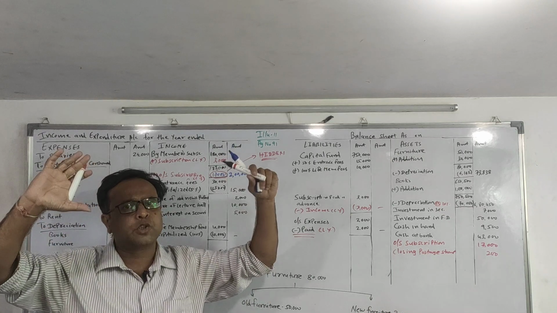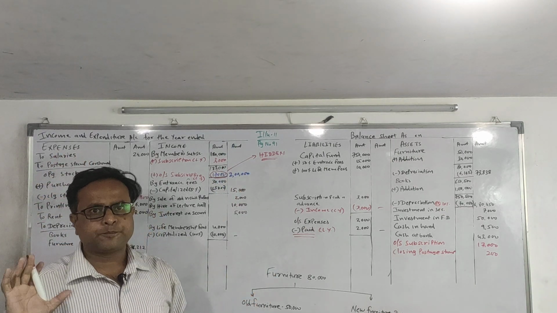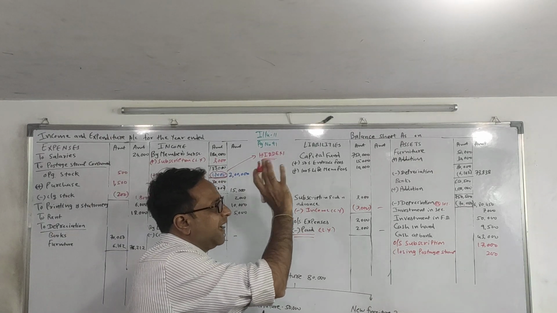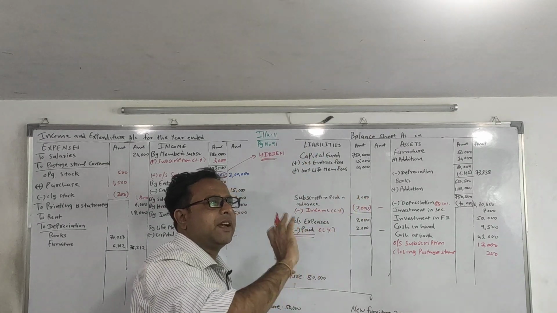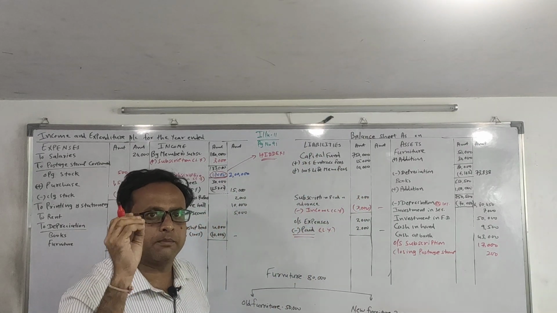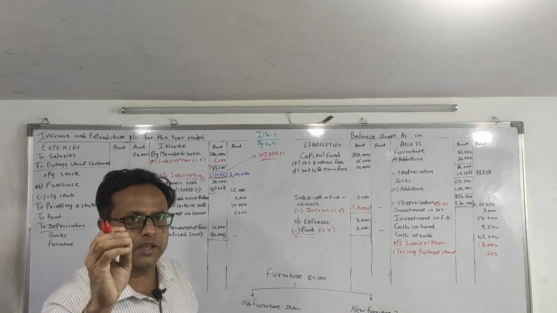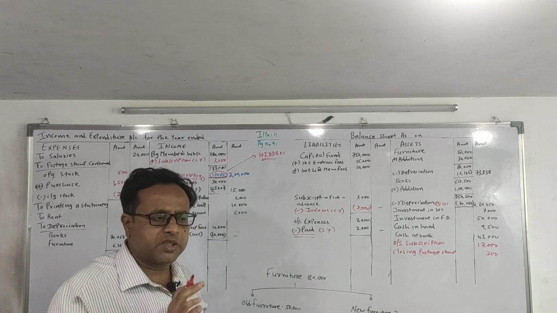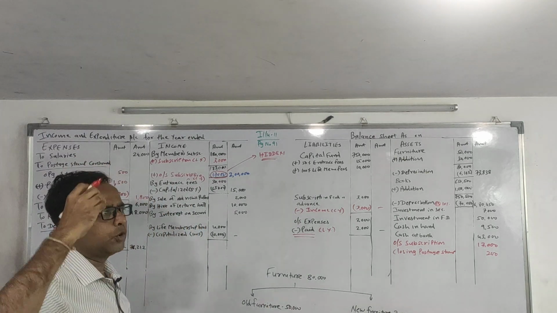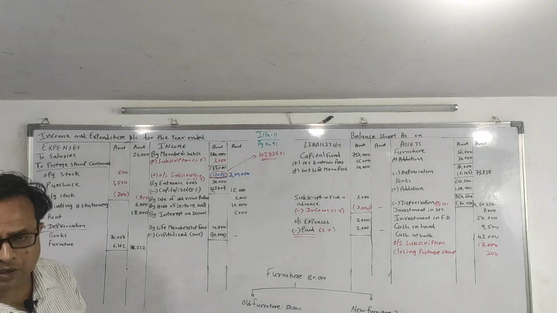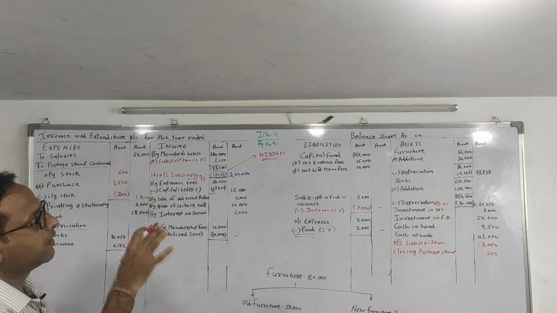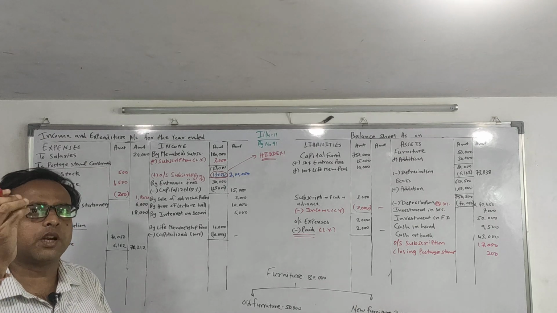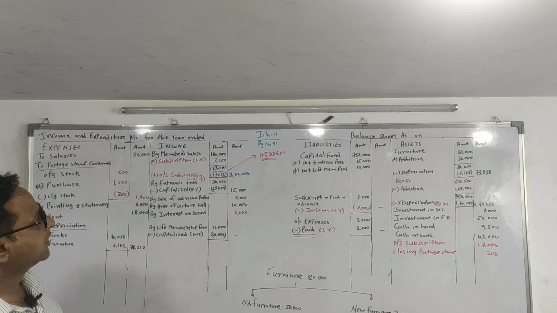So this is how you will do it with the NPO. How will you do it? First you will read the question properly. Balance sheet, opening balance sheet, we have to copy as it is in closing balance sheet, except in asset side, cash and bank balance and stock of postage stamp. Everything will be copied. What are the adjustments? How many lines to leave? That we will decide once we go through the entire question. We'll put a dot and then decide. So first we will read the question. Wherever adjustment is there, we will put a dot and then we will start with the sums.